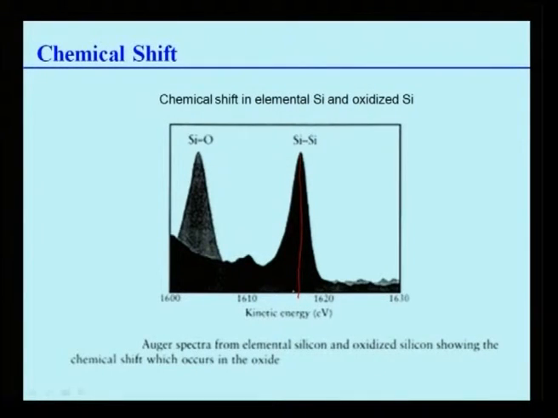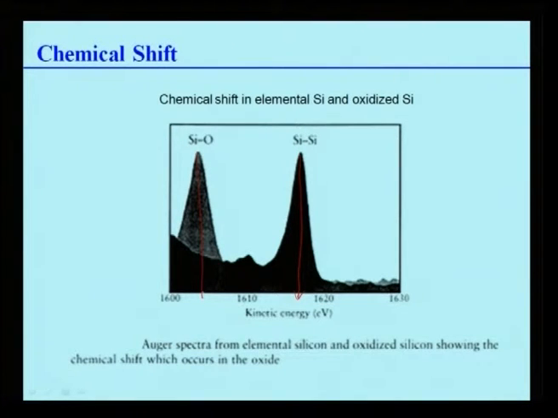So therefore, because of the presence of the silicon-oxygen bond, the peak gets shifted to a lower value, and it has been observed that the peak comes at about 1605 electron volts. So the AES spectra from elemental silicon, which is very pure, and from oxidized silicon, which has oxygen as one of the elements present along with silicon, can distinguish the type of bonding between these